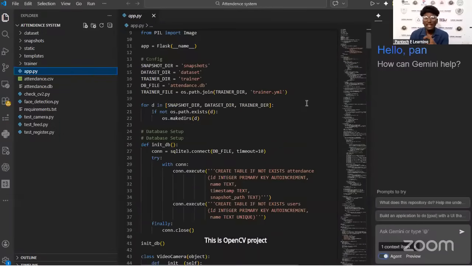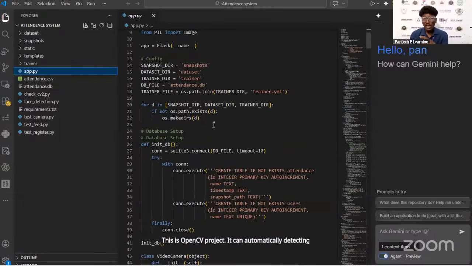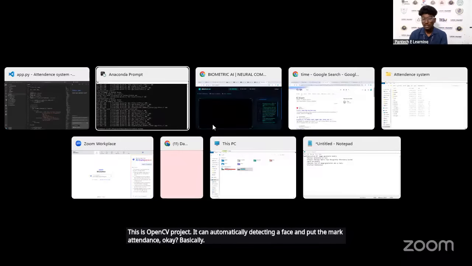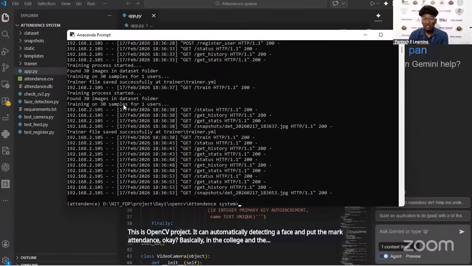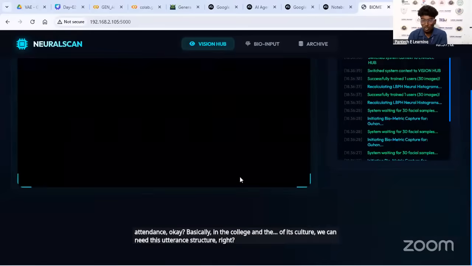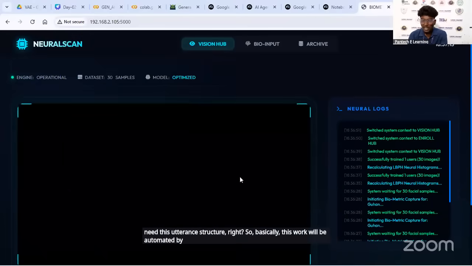It can automatically detect a face and mark attendance. Basically, in college and office culture, we need this attendance structure, right? So this work will be automated by AI by using OpenCV.